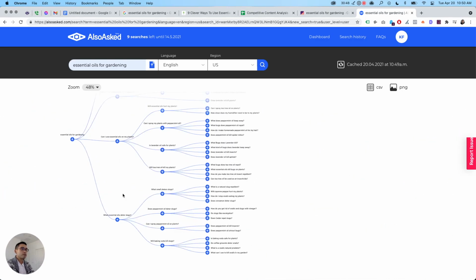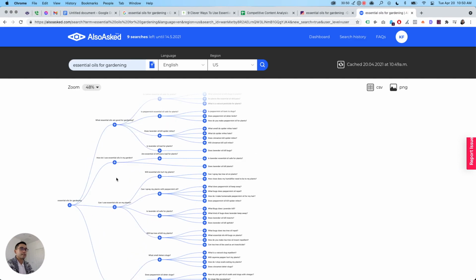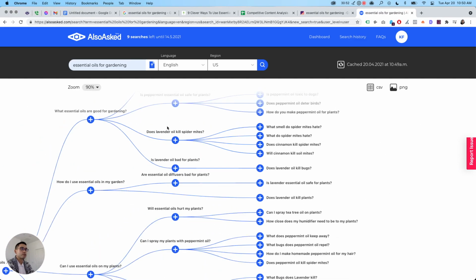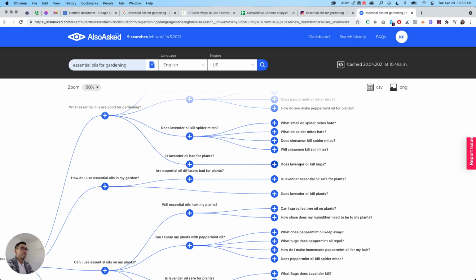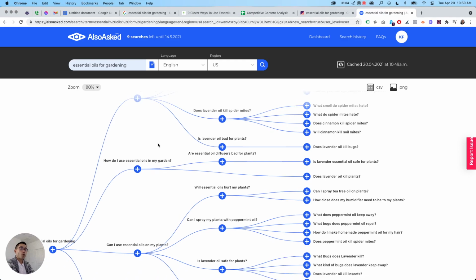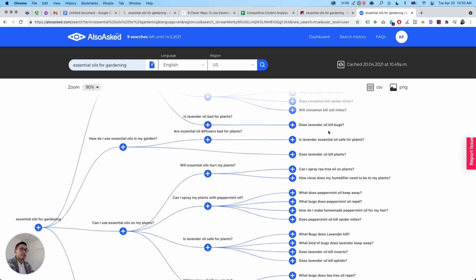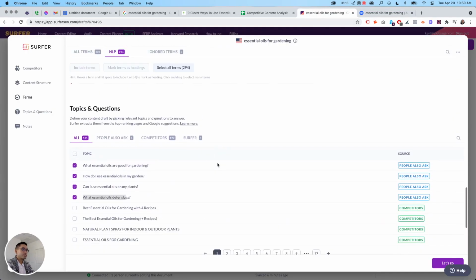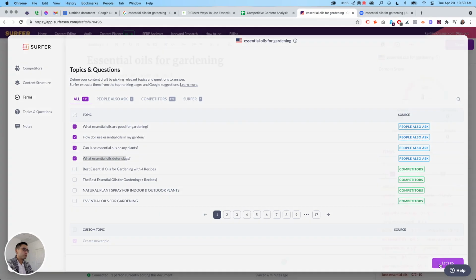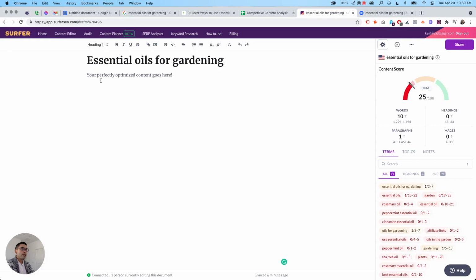And you can also go really deep and list out the different essential oils that you can use and which ones are safe for plants, which ones kill spider mites, and so on and so forth. So you can find a lot of great questions that people are asking that you can answer in your blog article, right? And once you have everything done here, you just click on Let's Go,